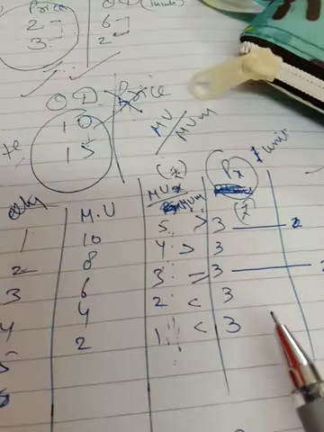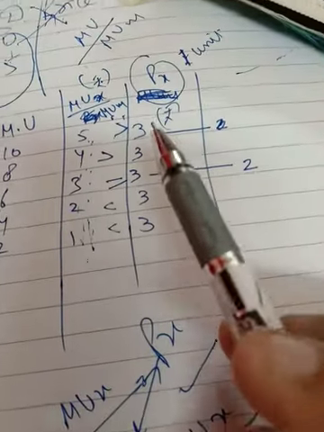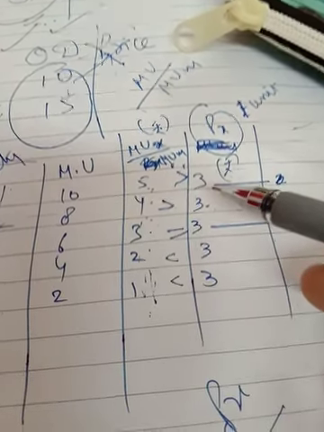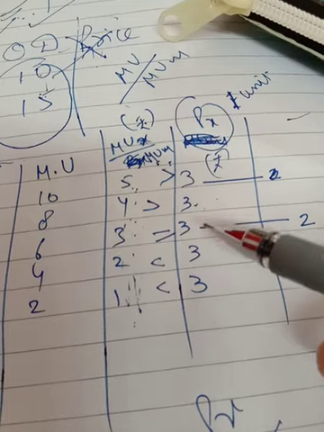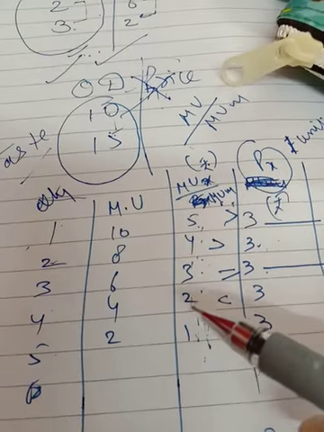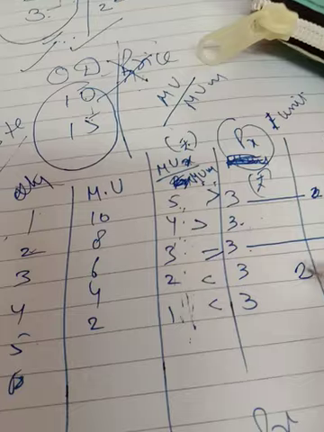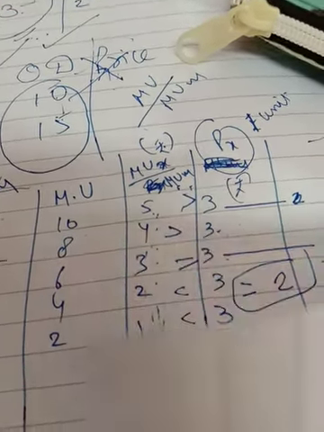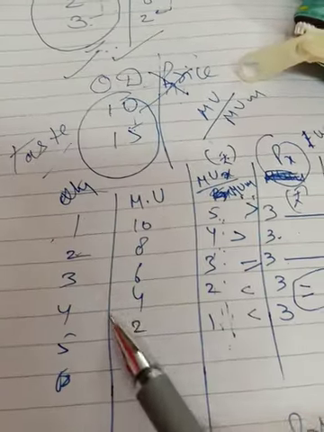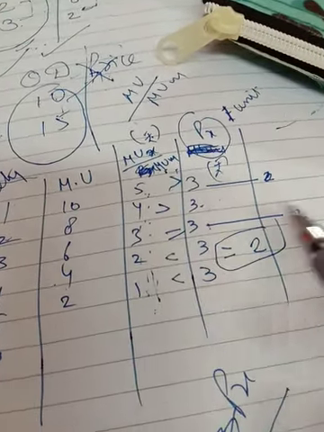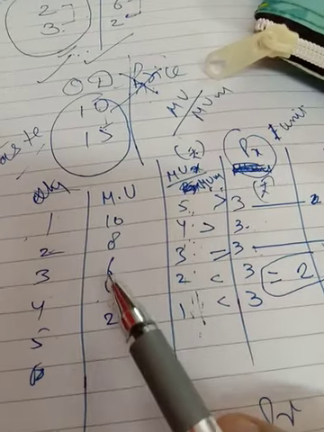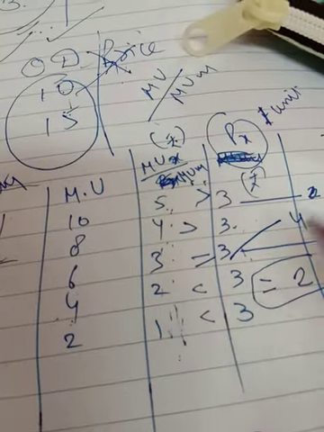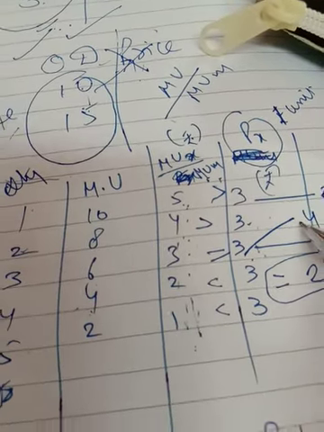If the price is increasing, then quantity will decrease. You can see while explaining the example in more detail that if you decrease the price, suppose there is a decrease in price from 3 to 2, here I am assuming that price is rupees 3 per unit. But now if the price decreases from 3 to 2, then he will purchase more, that is the 4th unit, and he will get the equilibrium over there, because here the price is rupees 2. Fine. So in this way you can see that if you decrease the price, then quantity is increasing. Here you are decreasing the price from 3 to 2, and the quantity is increasing from 3 to 4 units.